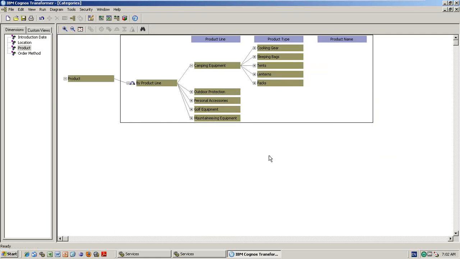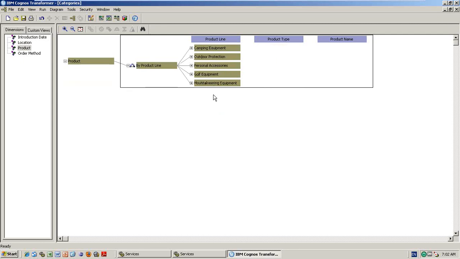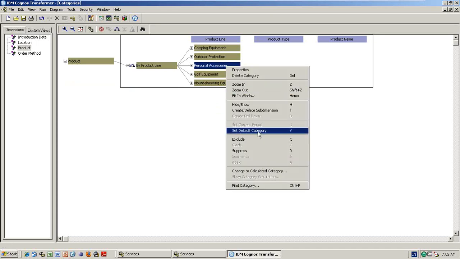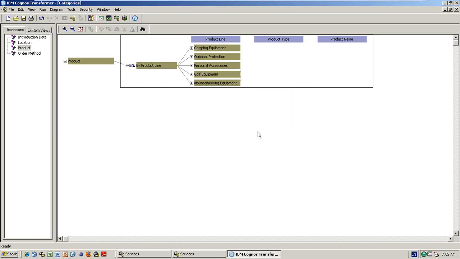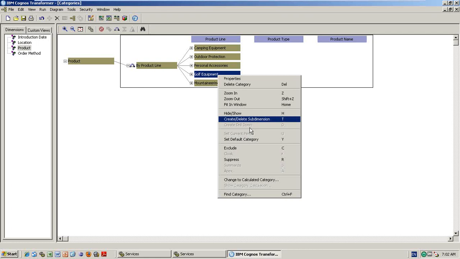The next one, set default category. Say whenever you are opening the PowerPlay Transformer cube, by default there is nothing in the filter. If you click the drop down in PowerPlay Studio, all the camping equipment, golfing equipment will appear. So if you select golfing equipment, data will come, am I right? But by default, whenever the cube is opened, it has to select this category, golfing equipment. That means it will take golf equipment as the default category. It is already selected and then it will show you, because you put this as the default category.